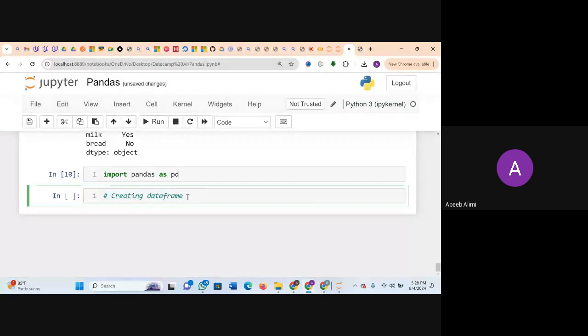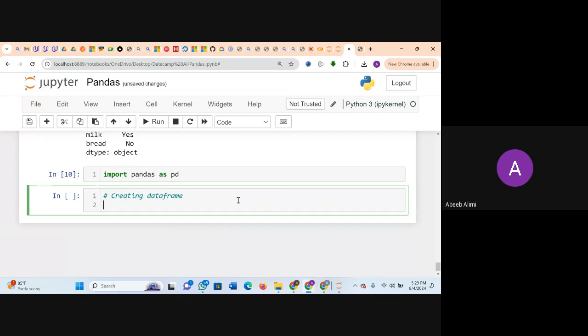when we say data frame, we are creating a table, right? So we are creating it manually using pandas. Do we get it? Instead of importing a table as an Excel file or CSV file, you want to create it manually, just like you have 10 people in class and you want to list their names and their age, for instance. You can easily do that quickly using pandas.